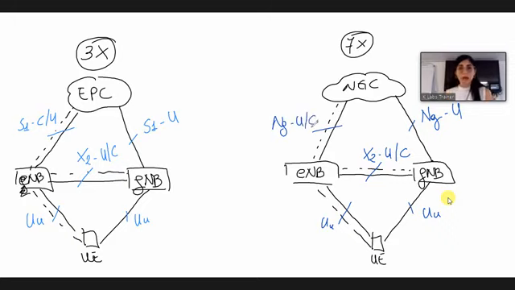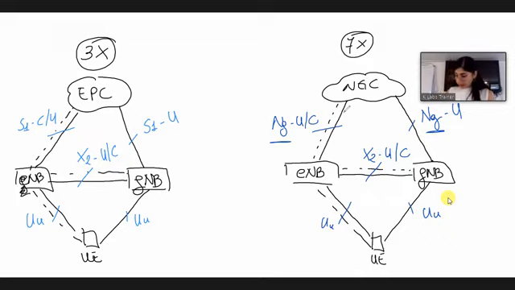So whenever we have the 5G core network, the interface between our base station and the core network is the next generation interface, which is called NG. So these are the non-standalone options. And as you can see from here, we always have the eNode B that helps our 5G network to provide services.